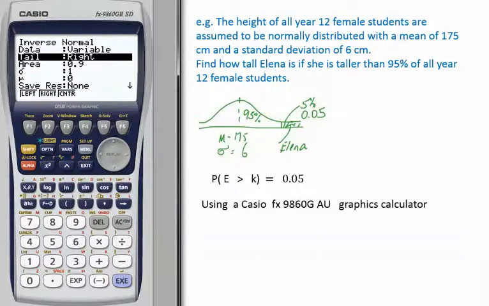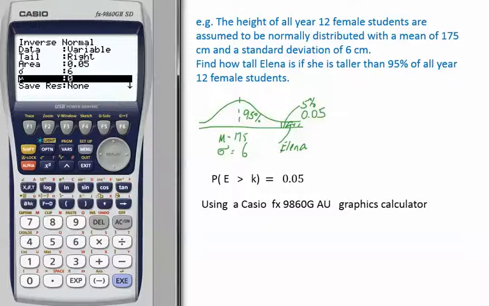And now we need to put in the area. The area shaded is 0.05. The standard deviation we're told is 6. And the mean of the population is 175. So when we hit EXE,